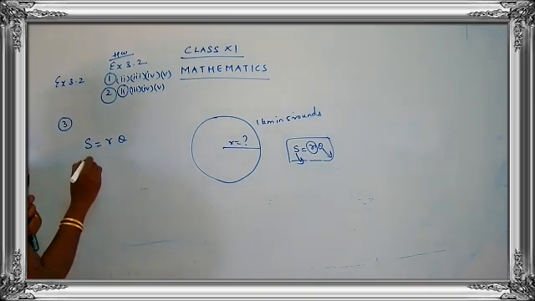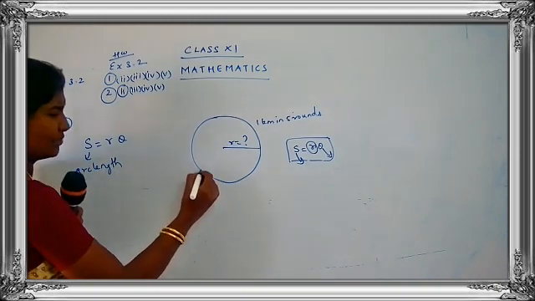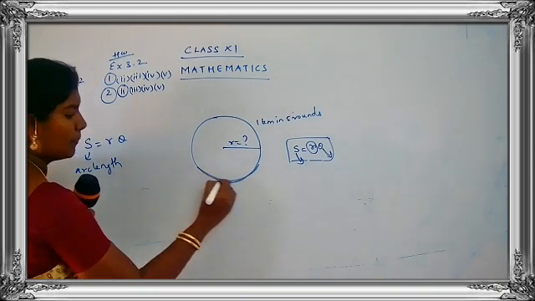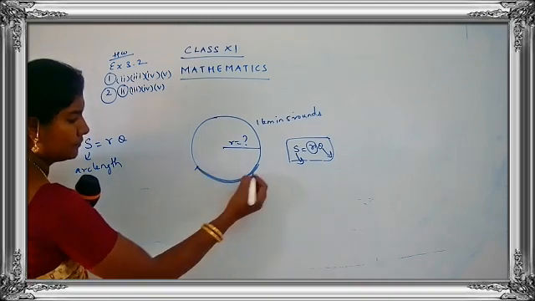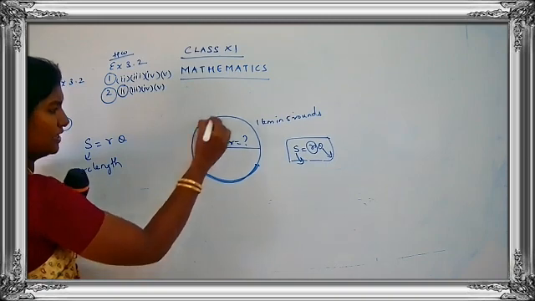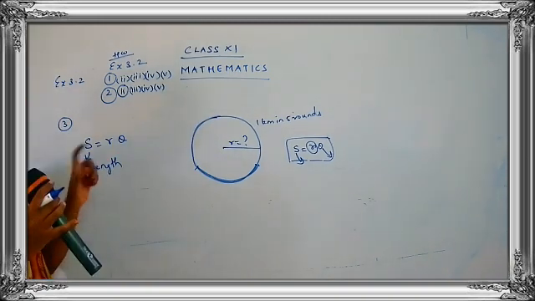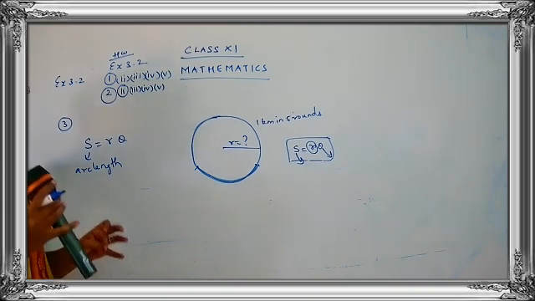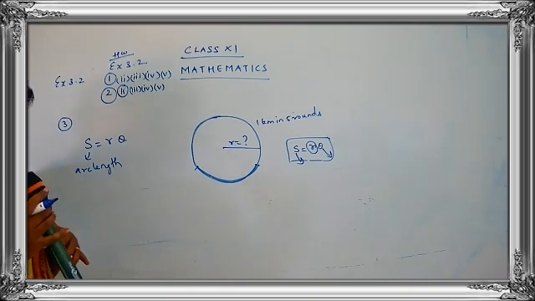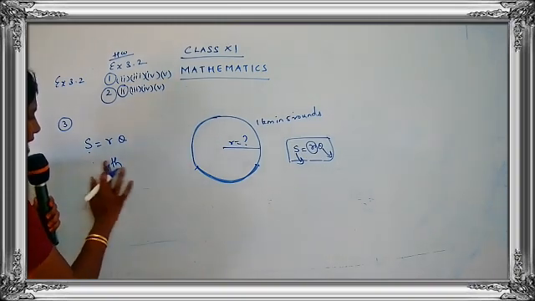What is the S? S is the arc length. What is the arc length, children? The arc length. Okay, this is full measure. This is a part of the circle, the part like this we call arc. We have a major arc and we have minor arc. If you just go through your previous classes, we have all studied about the lengths. We have studied about a minor arc, a major arc. So that concept is followed over here. So we are talking about the arc length.